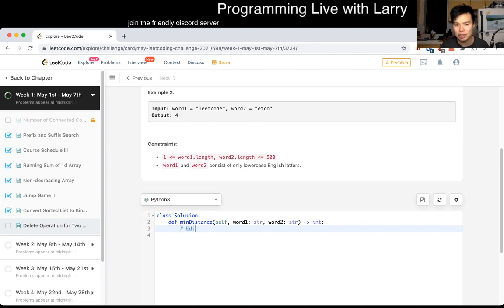So if you're struggling with this one, my recommended research is just reading up on edit distance and playing around with the edit distance problem. It is obviously going to be dynamic programming if you haven't heard it before, but yeah, the idea is